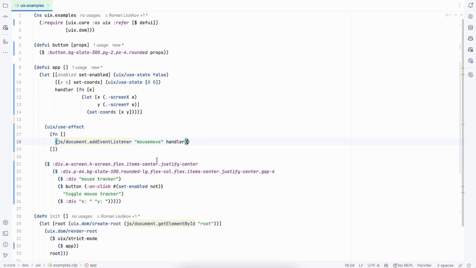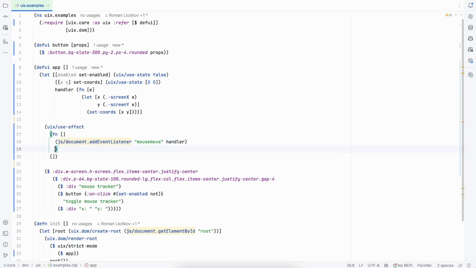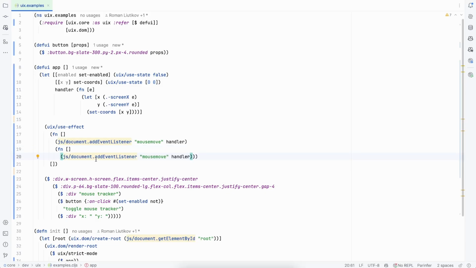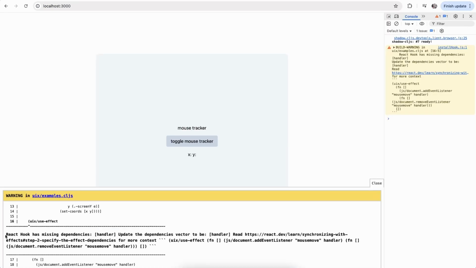I want to pass the function, and an array of dependencies, and now when the component renders, this hook will run only once because it just takes an empty vector of dependencies. But also we should not forget to remove the event listener when the component goes away, because maybe in your app you are navigating away to a different route, rendering a different view, and you want to make sure that this event listener is never fired, right? So we have to return a function from useEffect and use removeEventListener, and that probably should work, but we're getting a warning here,